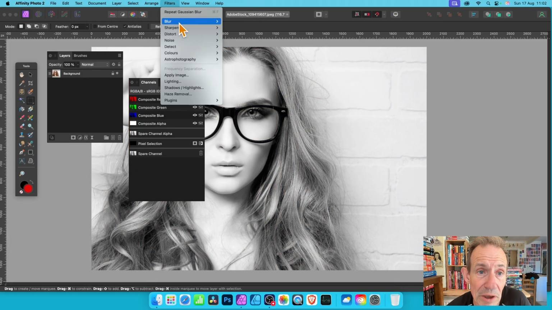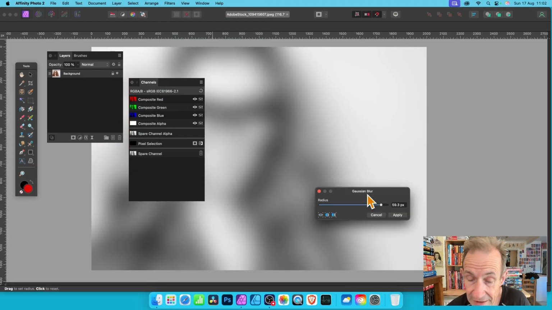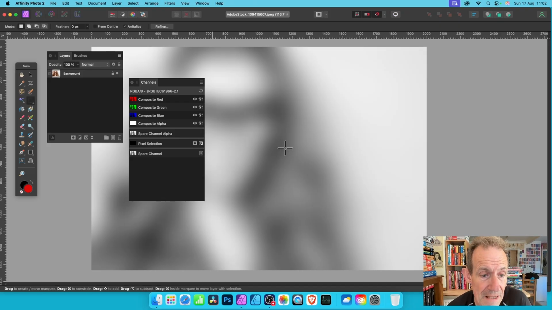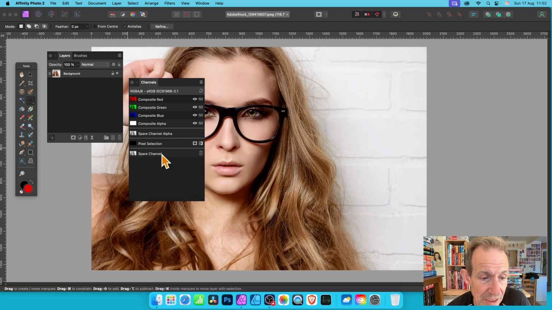So filter, blur, Gaussian blur. All the other filters are available, or maybe apply brush strokes. You don't have to do that. Maybe apply gradient and so on. Whole range of different options. Now, click apply. Now, this spare channel, if I click back, so RGB is now active again, this channel